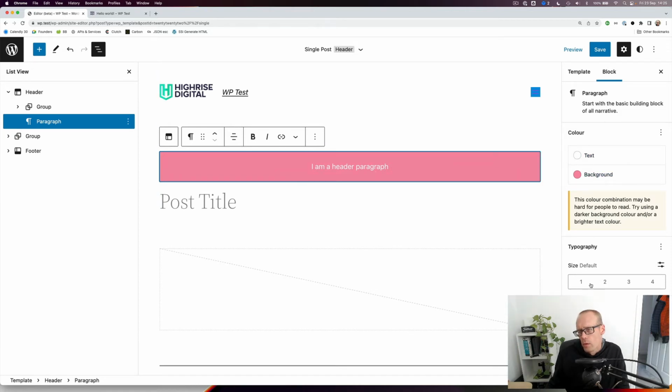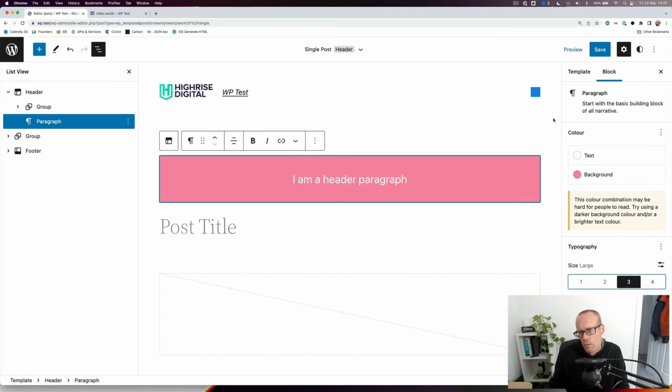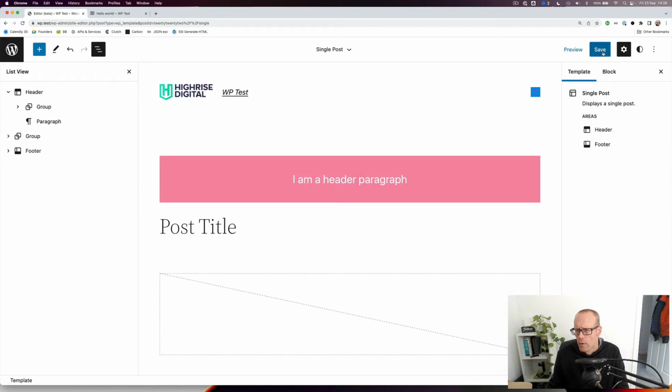And, ooh, size, large. Okay, so that's in the header. That's confusing. Single post header. Am I editing the header of the single post, or am I editing the header for everything now? I suppose there's one way to find out. If I hit save,